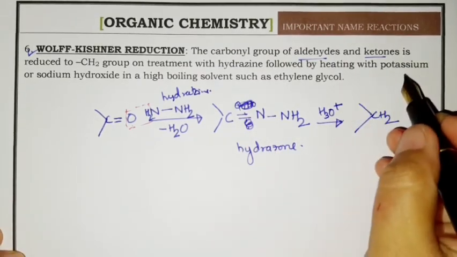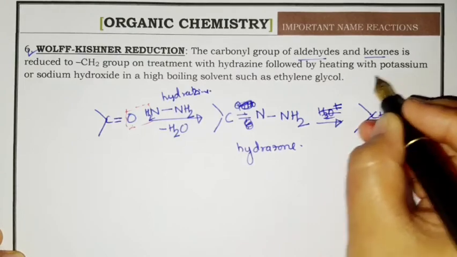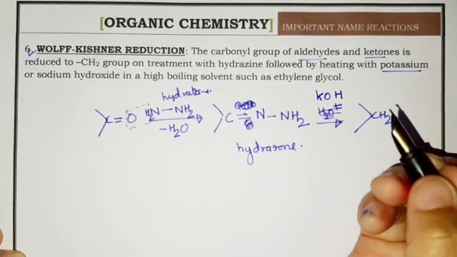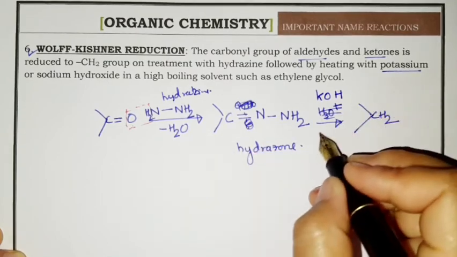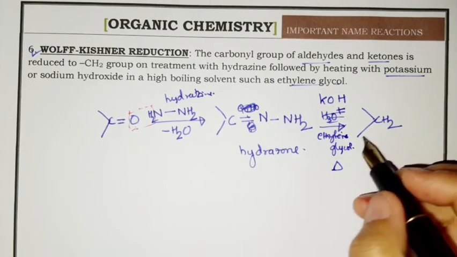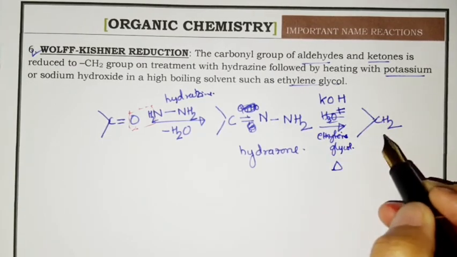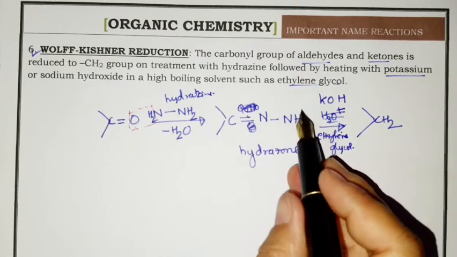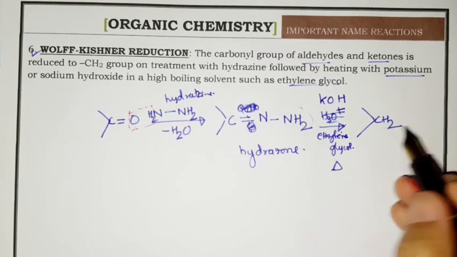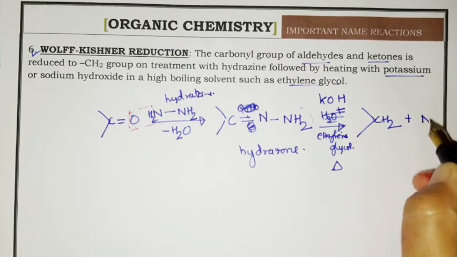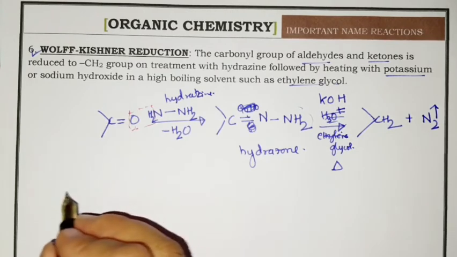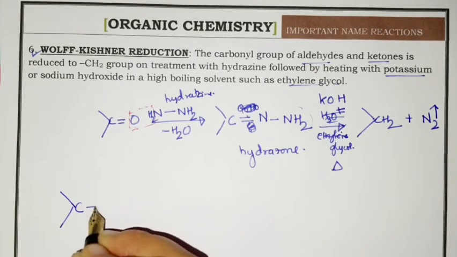Hydrolysis is done by heating with potassium hydroxide, okay, or sodium hydroxide in high boiling ethylene glycol. So heat with ethylene glycol. So at the end you will get, this whole group will convert to CH2, and nitrogen gas will be released. Okay, again your carbonyl carbon,